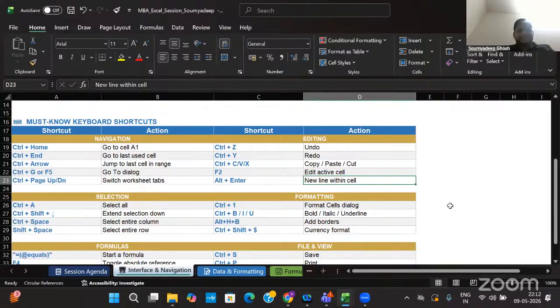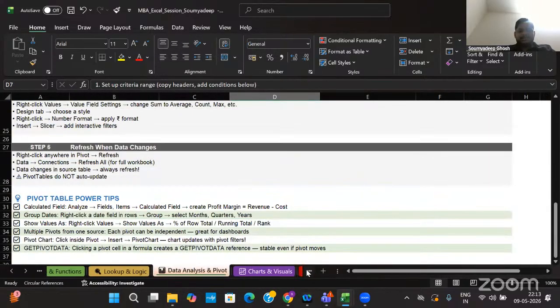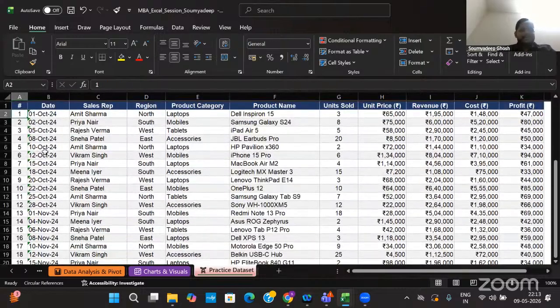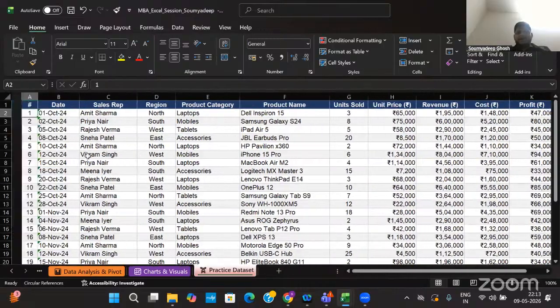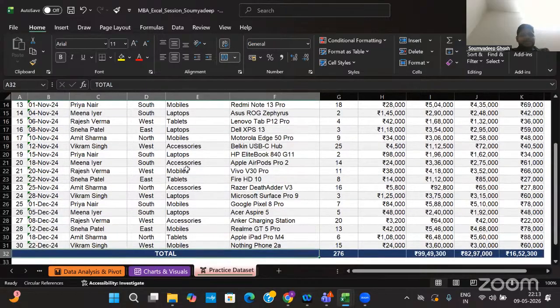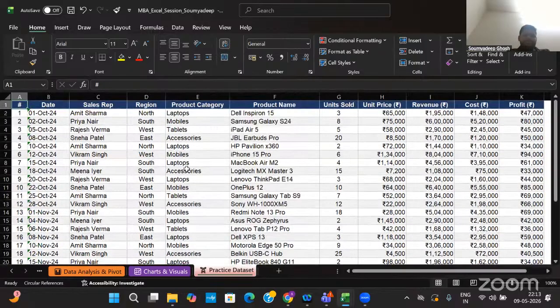You might feel that, okay, this is very basic, we can do it very easily with a click. But see, I have a small data set, not very huge, which is having 30 rows. And again, I am having a good 8 or 10 columns. Currently I'm on the extreme left column, and I just want to go to the profit tab. Now I can simply scroll it, but imagine it is a huge data set, or now I want to just go to the 30th row. What I'll do, I'll just click on Control and down arrow. Then you can see I'm here at the last row. And again, if I have to go back to the top, I'll just click Control up arrow.